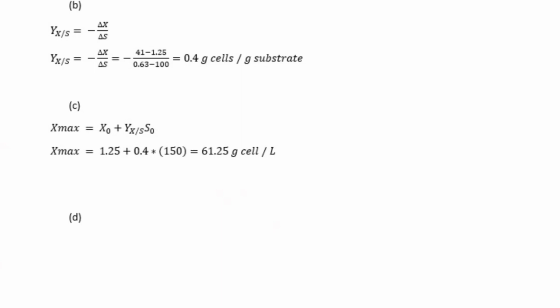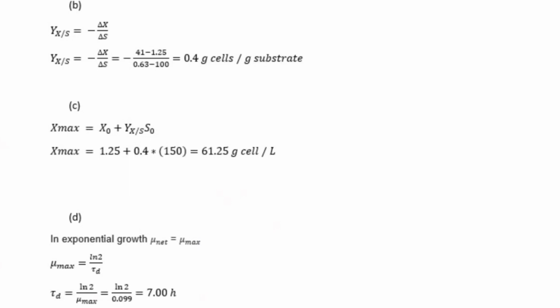Lastly, let's get the doubling time. We can assume that our U net will equal our U max, and we know that the U max is equal to ln 2 over the doubling time. Rearrange everything and make doubling time the subject of the formula. Punch in all your values and you should get an answer roughly estimating to